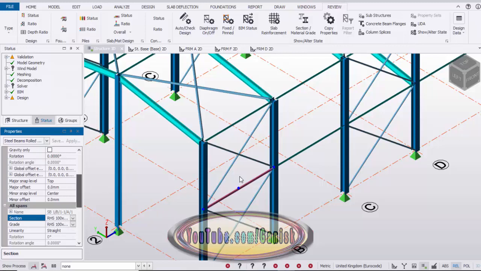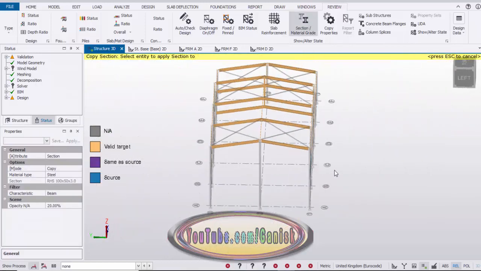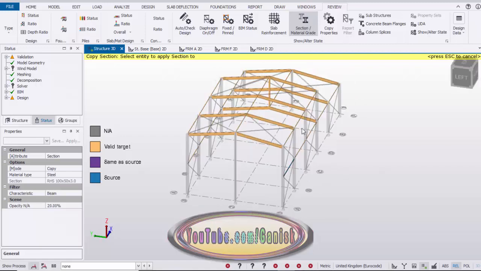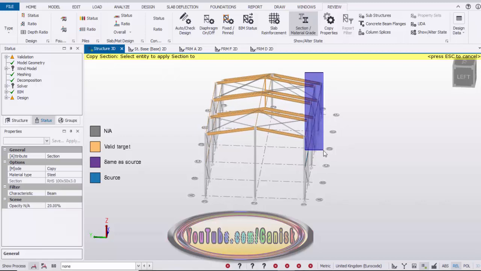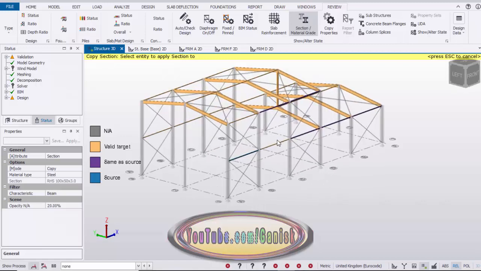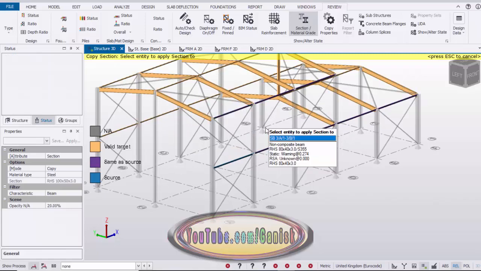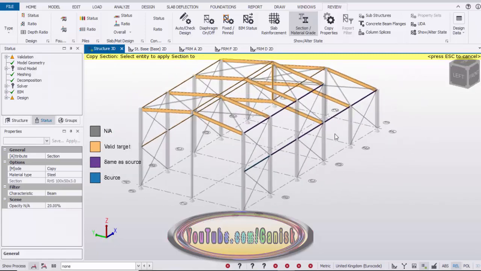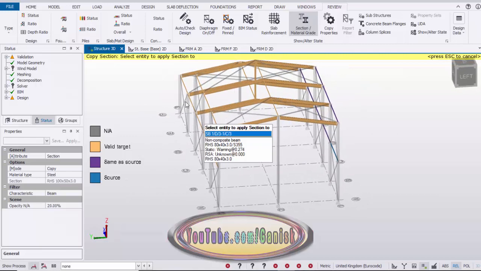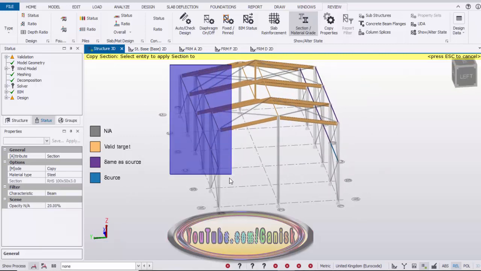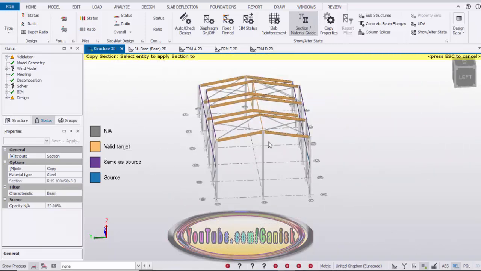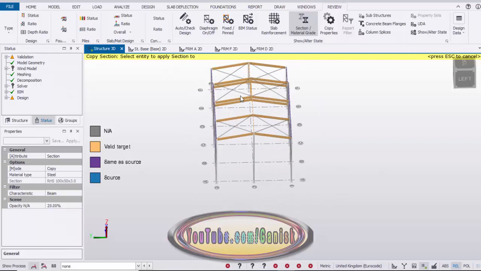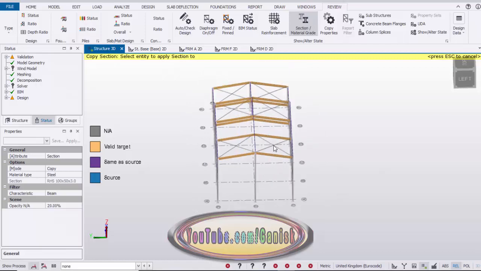Now go to review and select this section and select this option. Now I'm going to apply this to the remaining struts, so drag and select here like this. You can select independently also. Click on here to apply the property. Do the same procedure on this side. Just click on here and drag and select like this to apply. Similarly, we're going to apply in the middle, so drag and select like this. Click on escape to exit the command.